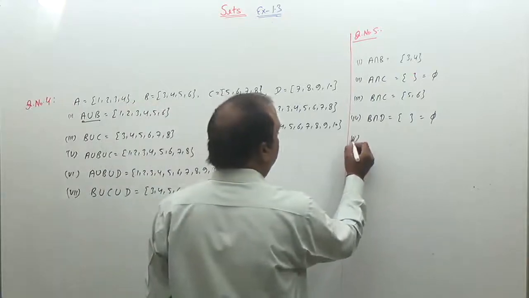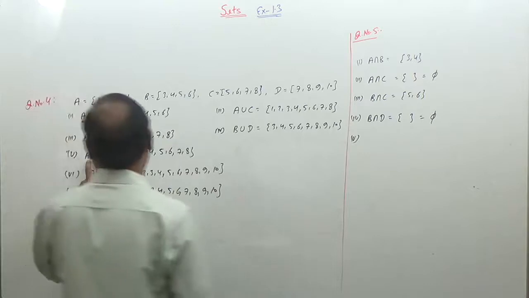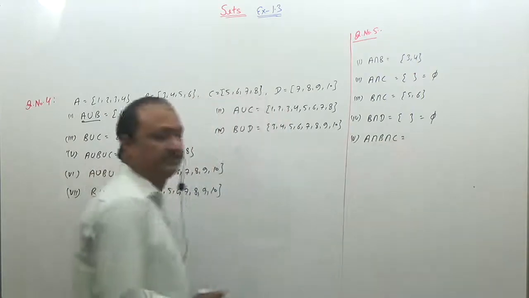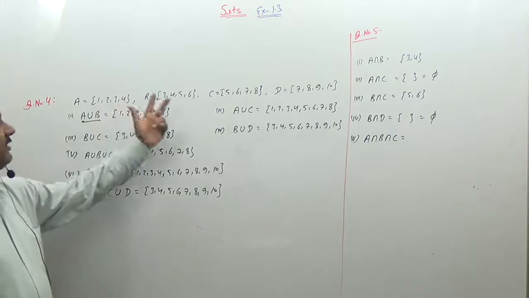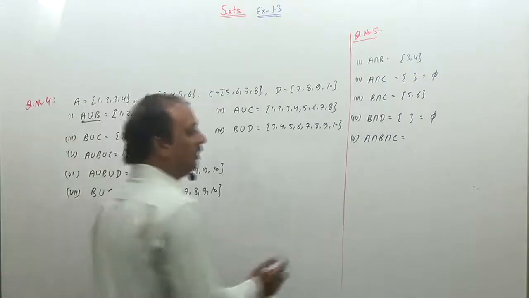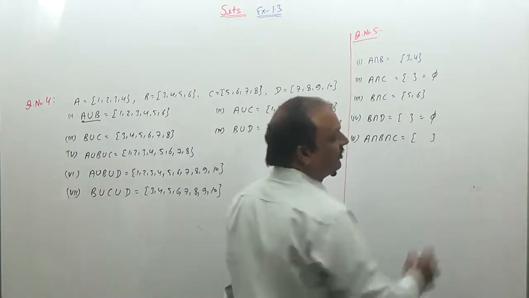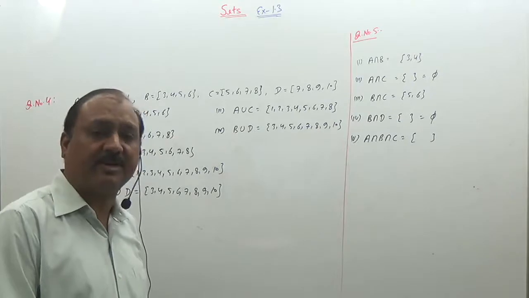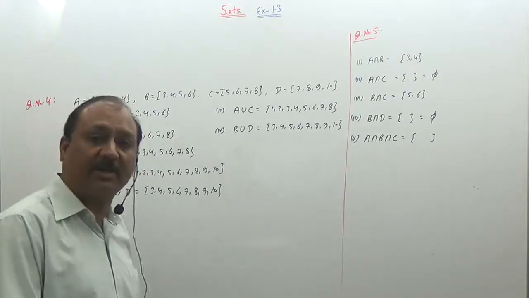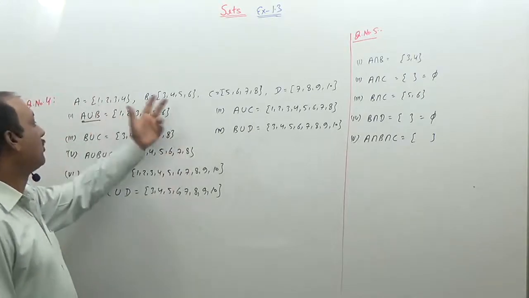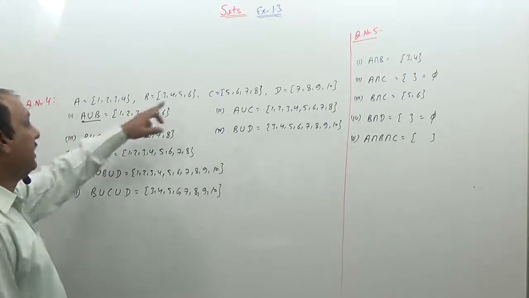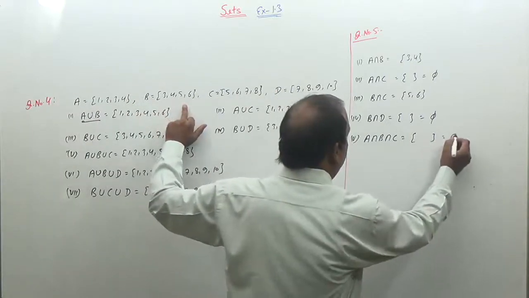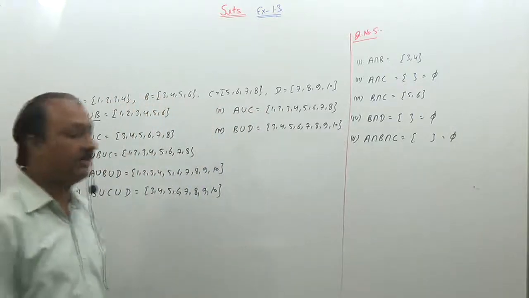And fifth part is A union B union C. तो convert this to A intersection B intersection C. This is set A, this is set B, this is set C. So write down the elements which belong to set A and set B and set C. A intersection B intersection C contains all those elements which belong to set A, set B and set C, but we see that there is no common element between A, B and C simultaneously. यहां पर तीनों सेट में कोई भी एलिमेंट कॉमन नहीं है, तो this one is called phi set, empty set, null set.